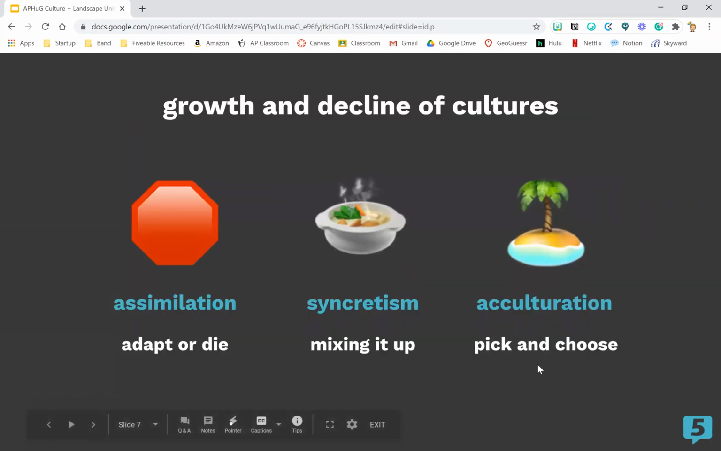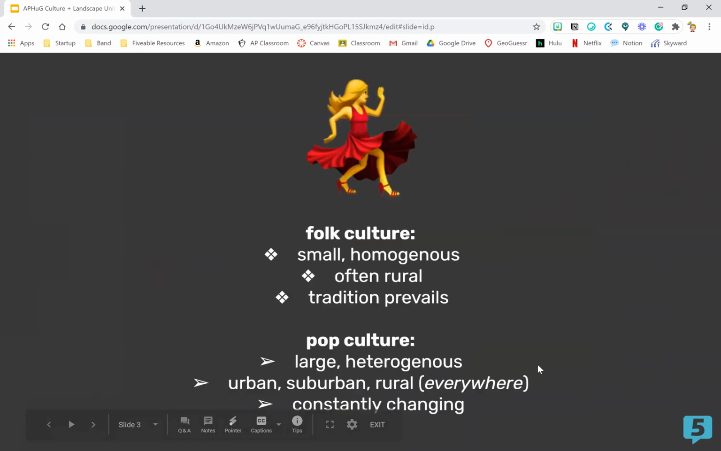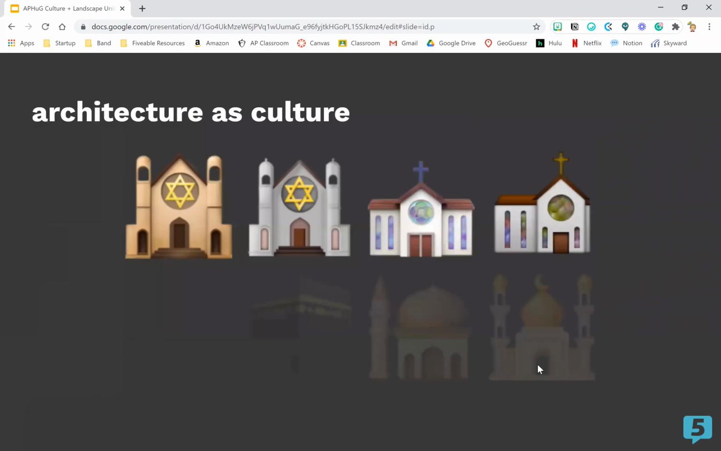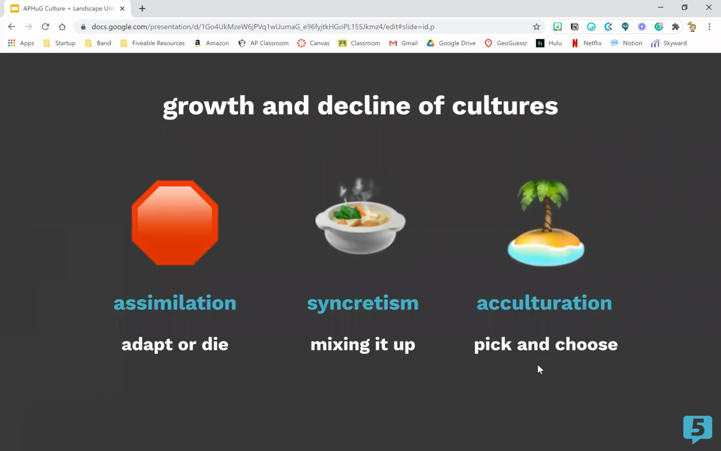So now let's talk about the growth and decline of cultures. We've talked about the cultural landscape for a minute, and now let's go back to talking about what is culture and folk versus pop culture. So these are the major concepts of culture that you'll learn before you get into religion, language, identity, ethnicity, race, etc. So first is assimilation, and these are basically very simplified definitions, but assimilation basically just means adapt